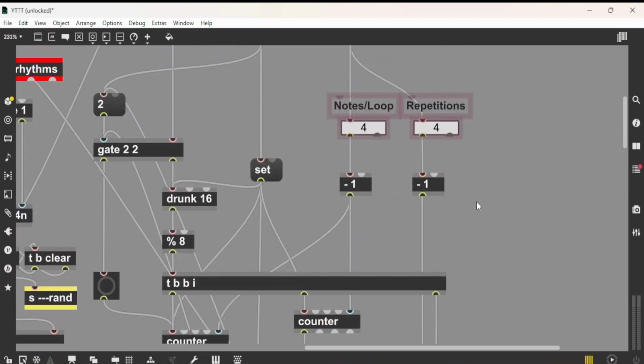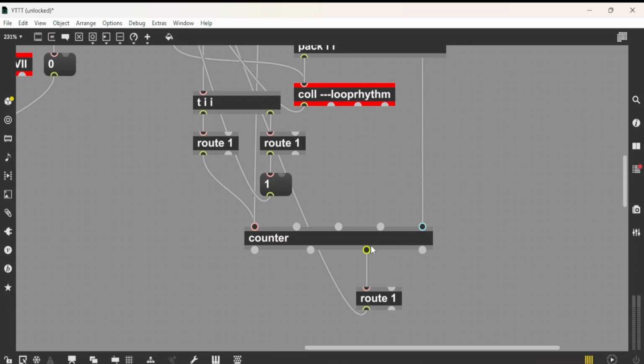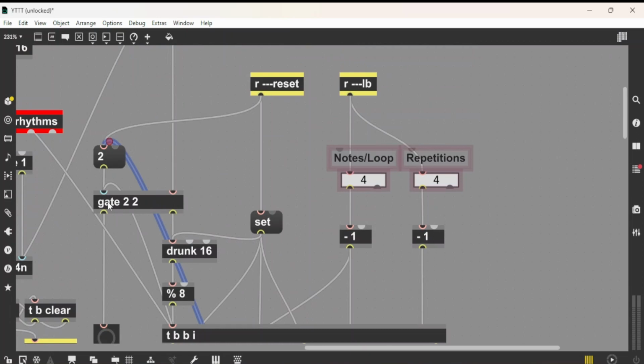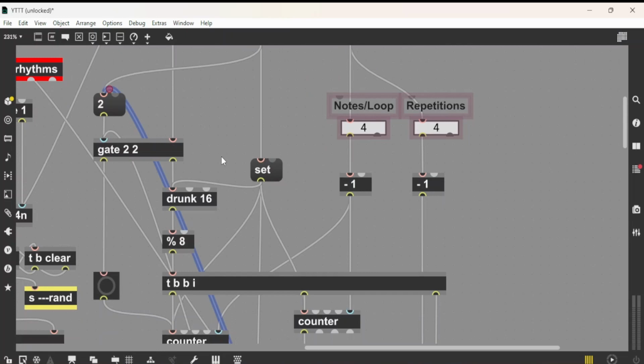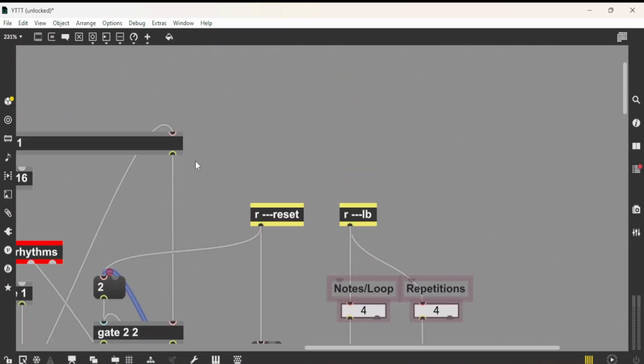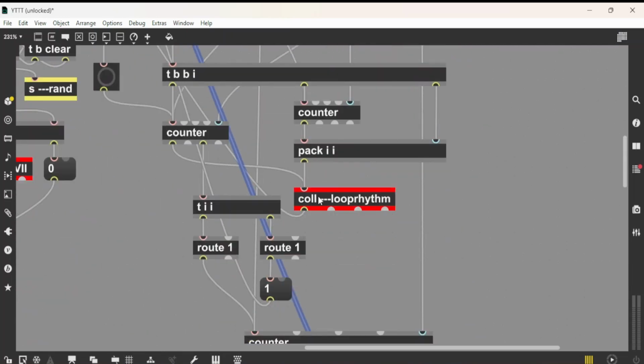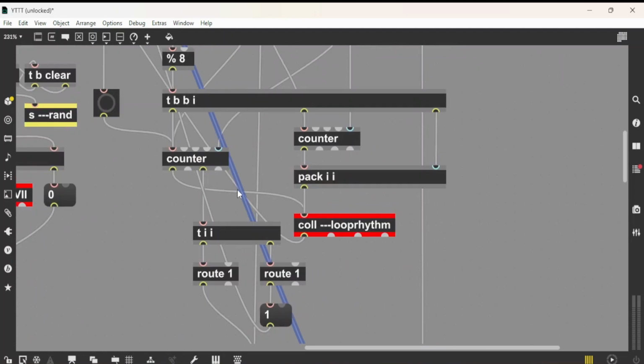the number of repetitions. So once this hits its maximum, we're going to route 1, and then we're going to start the process over, send a 2 to this gate, and then we're going to write new rhythms. So this is quite a bit more complicated than last week's video, but essentially we're just writing to the coll. We are reading from the coll, and then once we have written